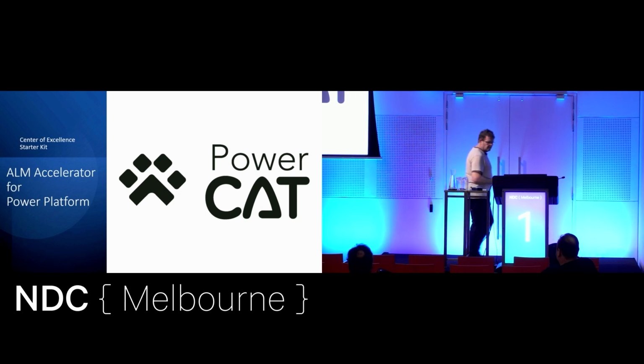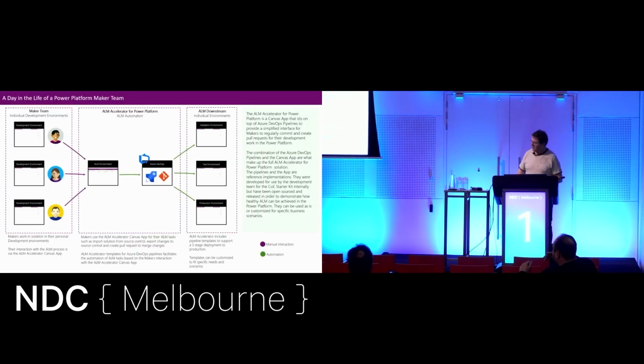All right. I've got a link to this in the resources, but this is a great way of doing things. Basically, it allows each of the people in a team to have their own developer environment. It has a common dev environment that people sort of check into, essentially, and then a series of pipelines that allow us to deploy automatically into these various downstream environments: validation, test, and prod.